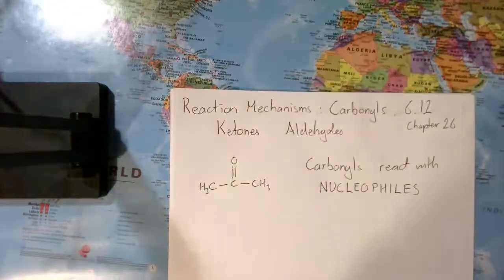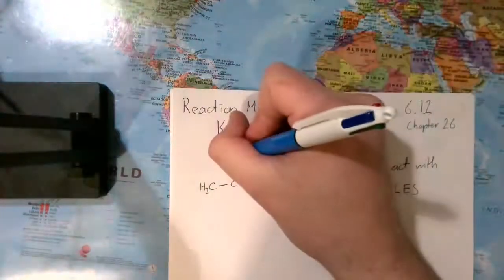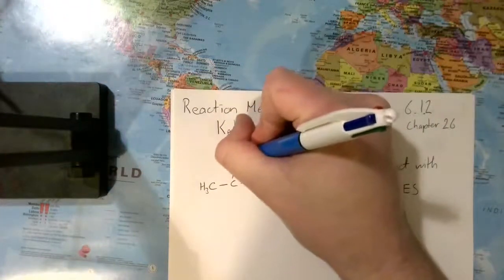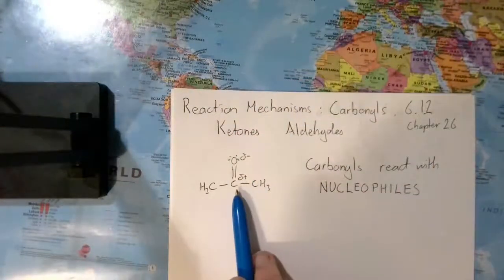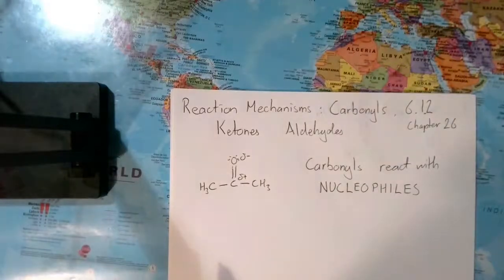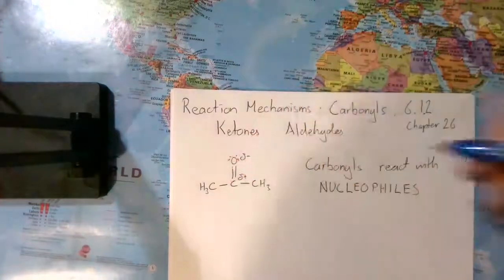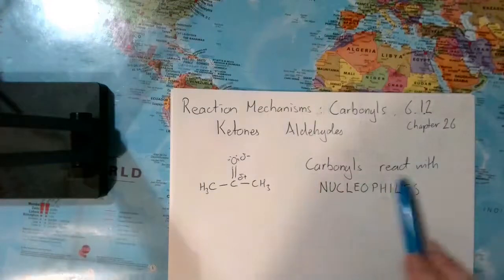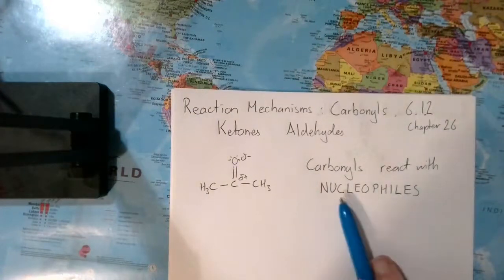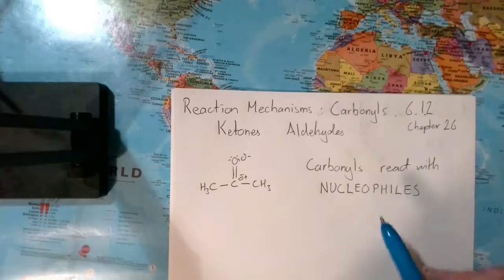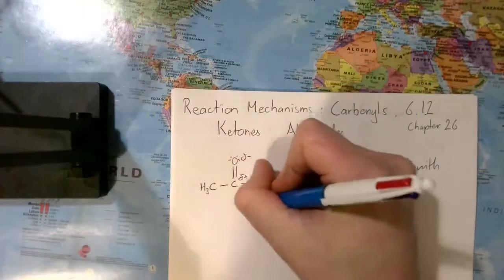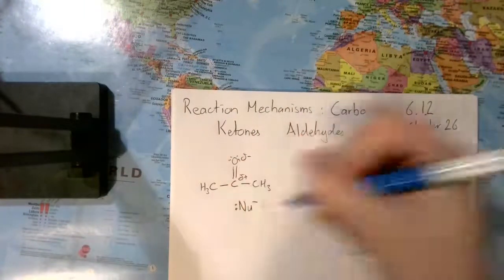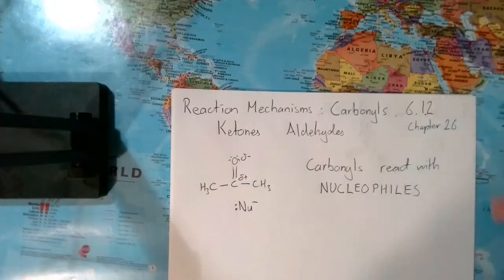So here's a carbonyl compound. I've drawn propanone as a fairly standard one. A couple of lone pairs on the oxygen, delta negative, and crucial for all carbonyls, this central carbon is delta positive. And what that means is that carbonyls react with nucleophiles. So, a nucleus lover, something which has a lone pair or a negative charge. I'm going to show you a sort of generic version, Nu with a negative charge,